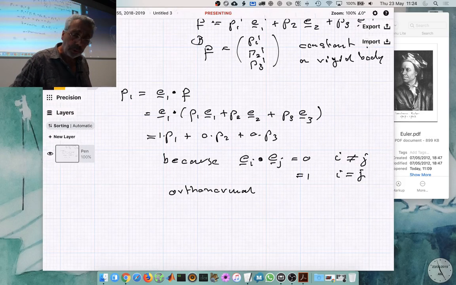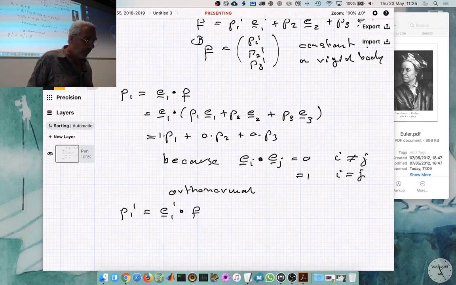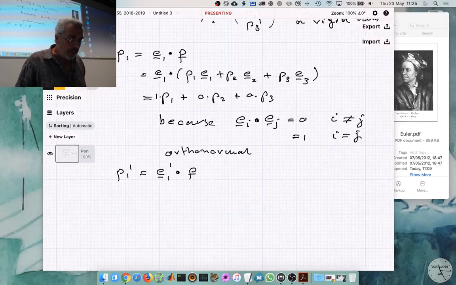And likewise, of course, we can also extract the P1 prime by saying, oh, I take the E1 prime times the vector P, and then I extract that P1, etc. for P2 and P3. Now, nothing much learned there, but the thing becomes interesting when I say, well,